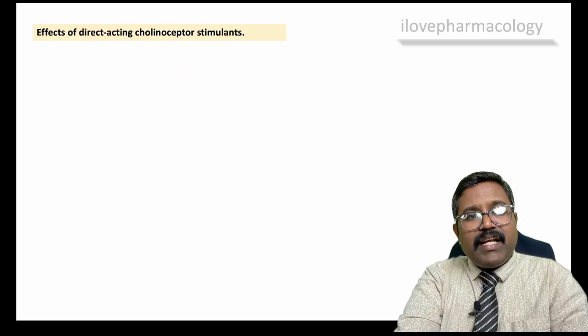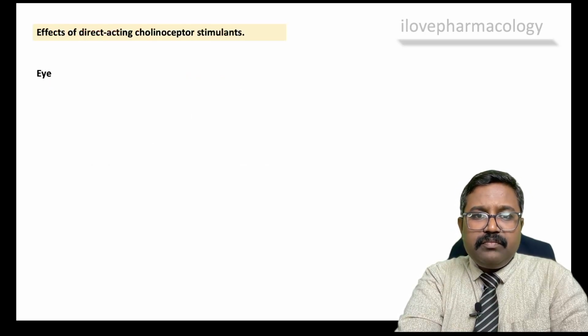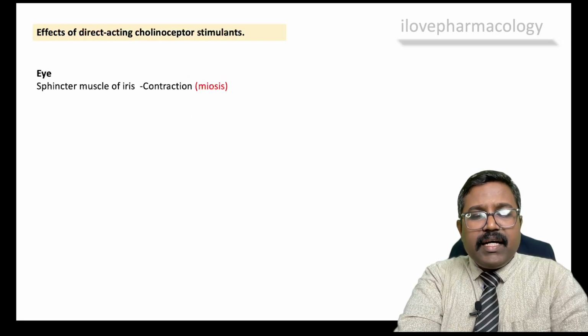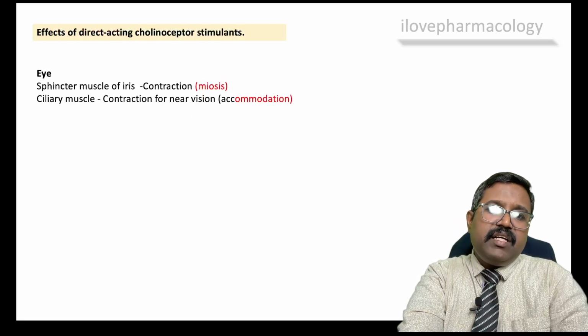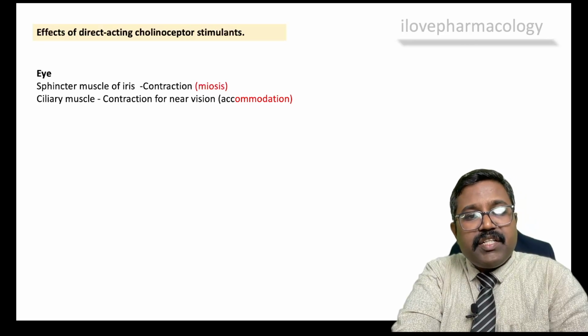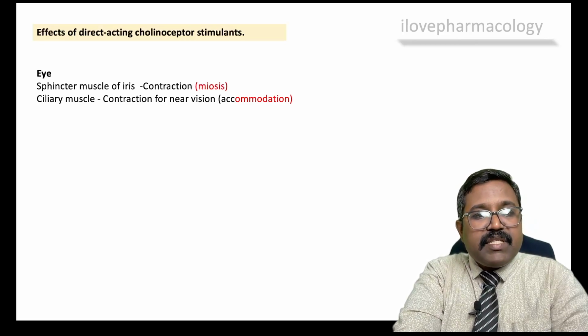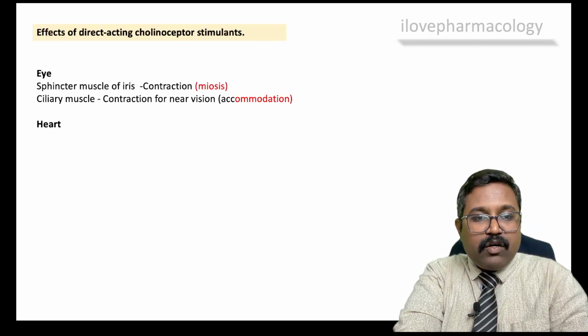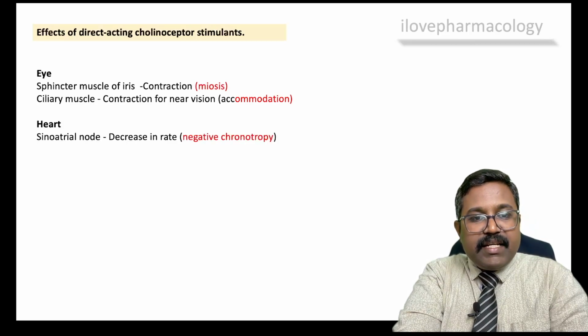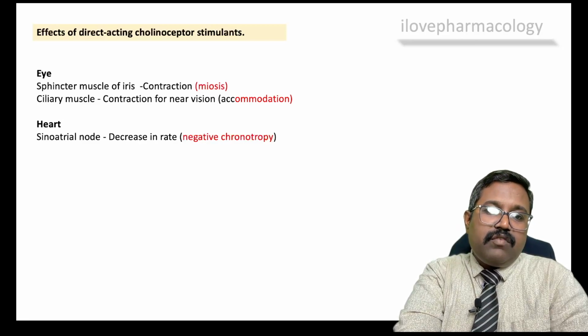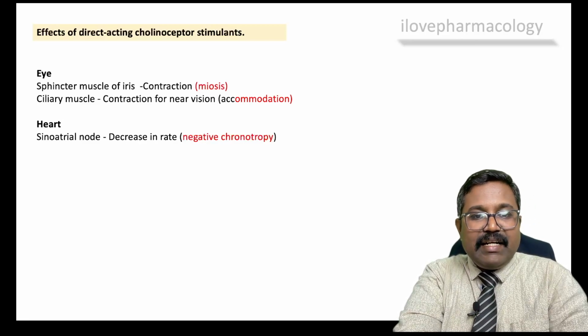So what are the effects of directly acting cholinergic stimulants? On the eye, they are present on the sphincter muscles of the iris, which leads to contraction, that is miosis. Ciliary muscle contraction will lead to contraction for near vision. It helps in accommodation. In the heart, SA node activation of M2 receptor will decrease the heart rate, negative chronotropic